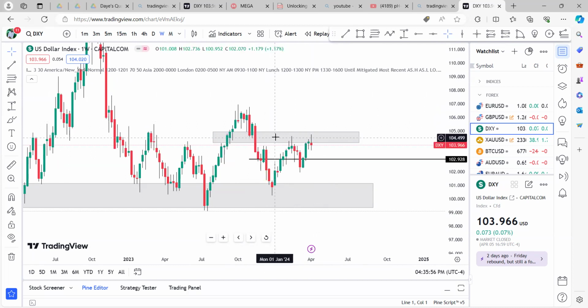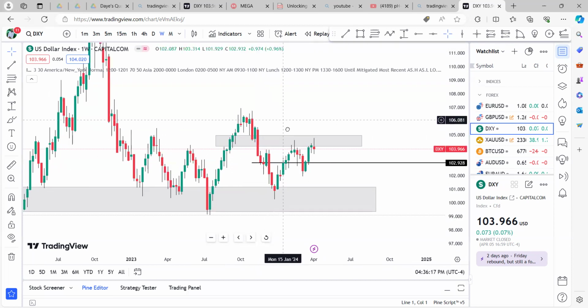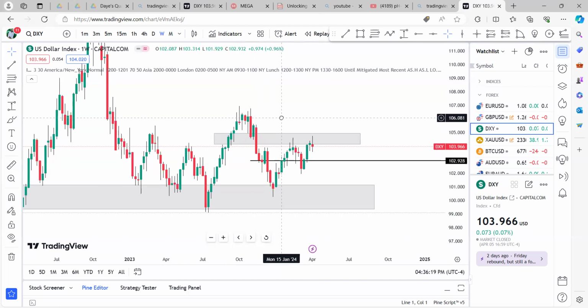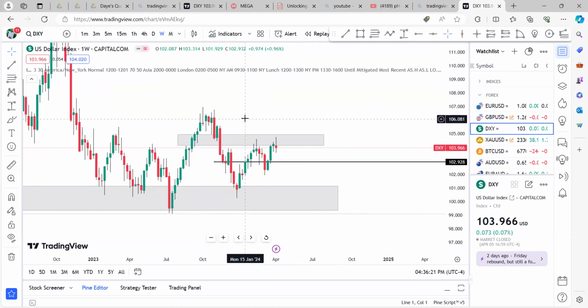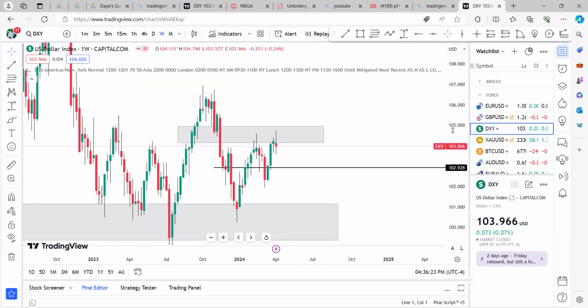And remember, whenever a fair value gap is being disrespected, this is a bearish fair value gap. Whenever it is being disrespected, it becomes a bullish fair value gap. That is why it is being called an inversion fair value gap. Yes, so this is what I'll be expecting. So I'll be sitting on the sidelines to see what will happen.